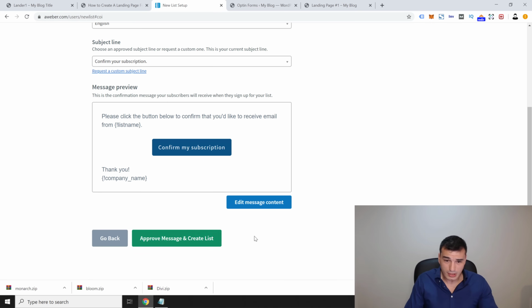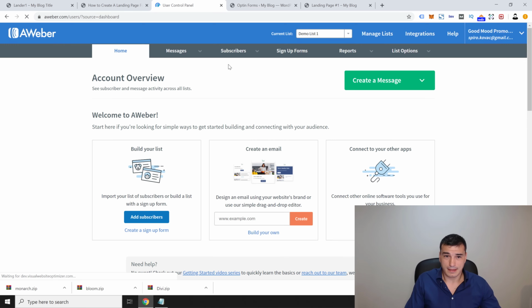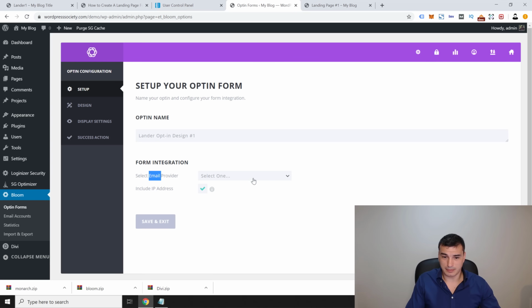So then you click here, just approve message and create list, and then you're gonna create a list. And as the list is created, you pretty much can connect it to your Bloom plugin now. So what you're gonna do, you wanna go into the opt-in forms, and you're gonna select the provider, and you're